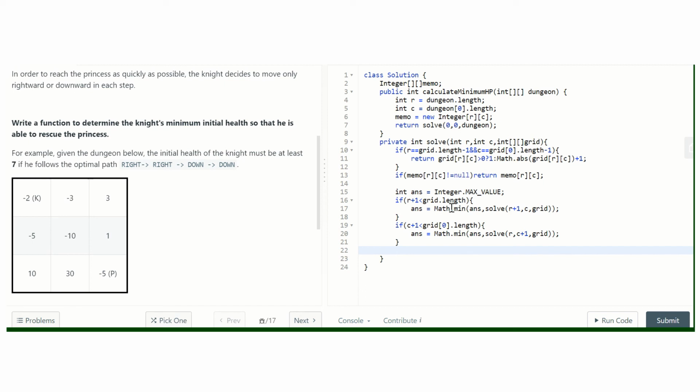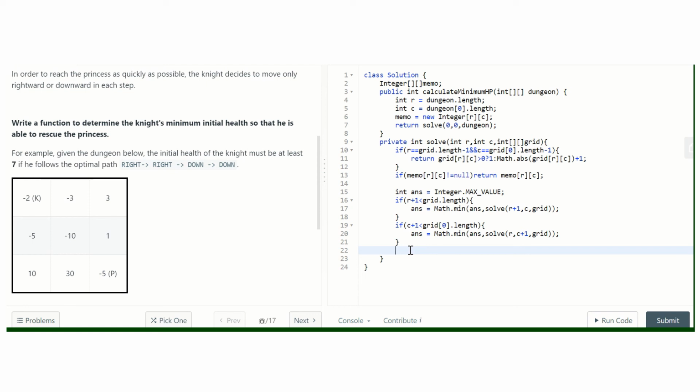Now we have to update the result for the current position where the knight stands. We'll check if the current position where the knight stands contains a positive value, then this positive value needs to be subtracted from the minimum requirement that we got via going through the downward and right paths. And if it is negative, then we need to add that amount plus 1 into the answer.